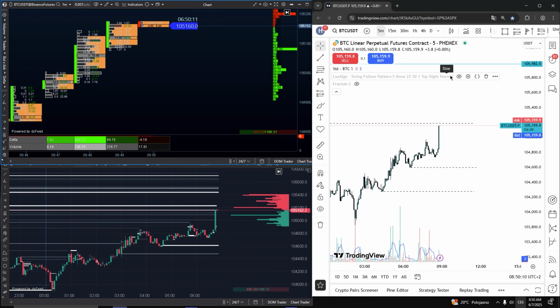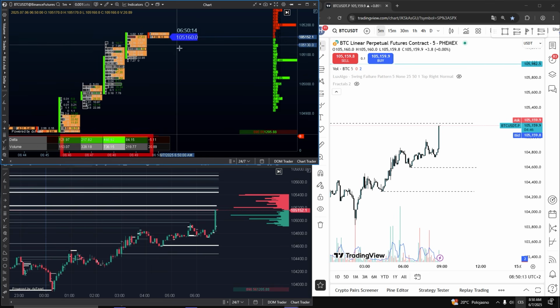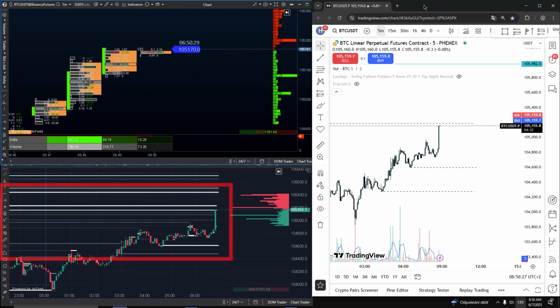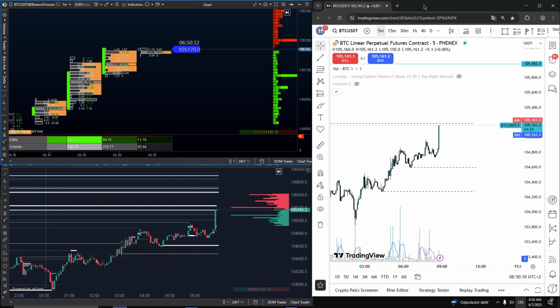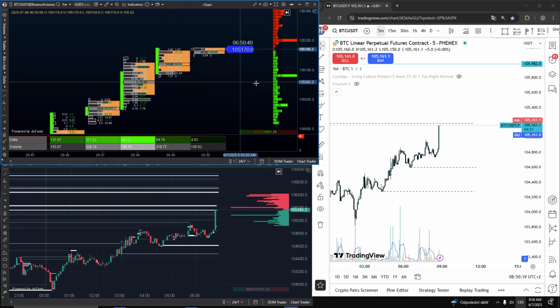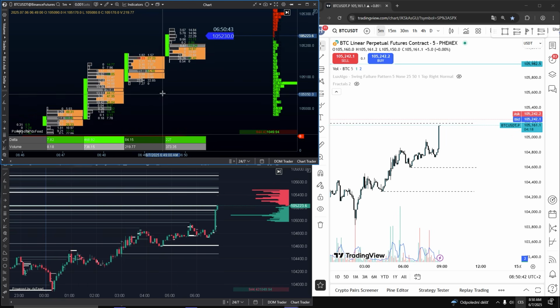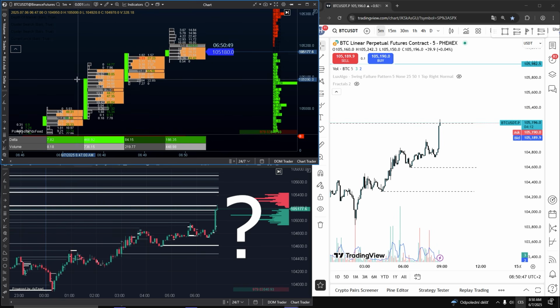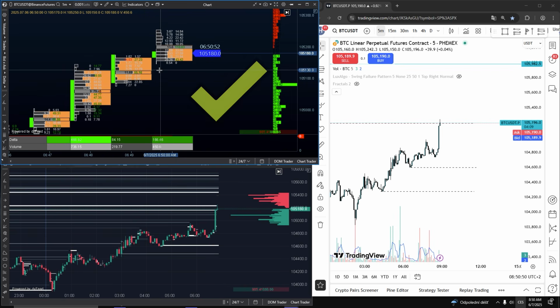But here's the catch. Sometimes I see huge volume on footprints, even though on the liquidity heatmap there is no visible limit order. That's what's called spoofing. So big limit orders are sometimes hidden, and they are placed slightly before they are filled. That's why you can't see it on a liquidity heatmap. But because they are big and they are completed, filled, they will appear as a big volume on footprints. And big volume equals liquidity. So in short, liquidity heatmap will show you potential levels where could be some sort of liquidity, but footprints will